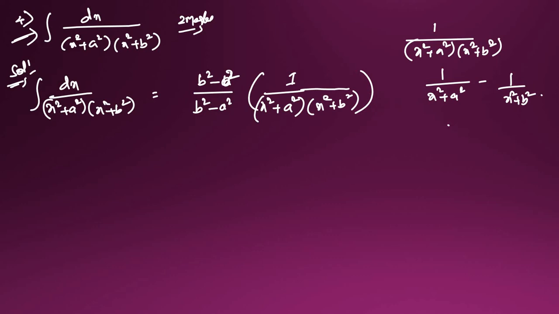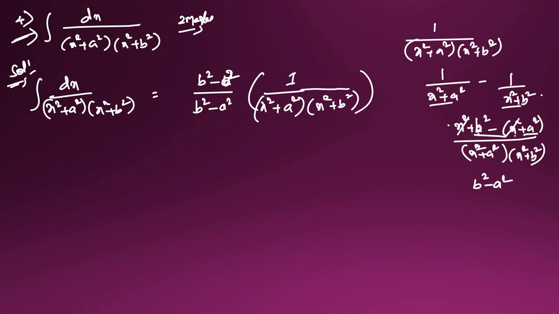So see here, if we do multiplication, what will come here? Cross multiplication will come. So x square plus b square will come. After that, minus x square plus a square will come. Cross multiplication, if we do, x square plus a square, and x square plus b square we will do. Here x square minus x square will get cancelled, b square minus a square will remain. So b square minus a square divided by x square plus a square into x square plus b square will remain. But what is our question? It is 1 by x square plus a square, 1 by x square plus b square.